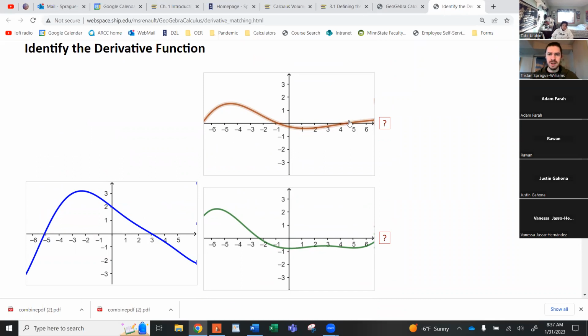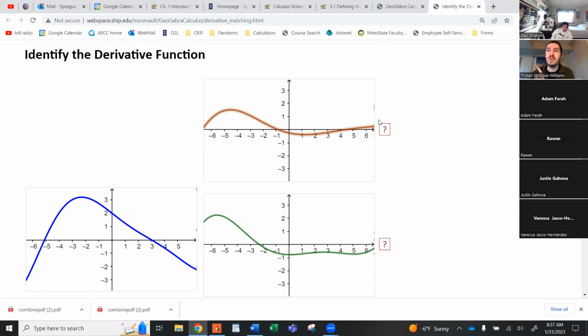It goes from negative, hits the x-axis, and goes to positive. This means the original function would have had to have another horizontal tangent line. It would go from going down with a negative slope to going up with a positive slope. But as we can see on this original graph, it just goes down, down, down, down, down,